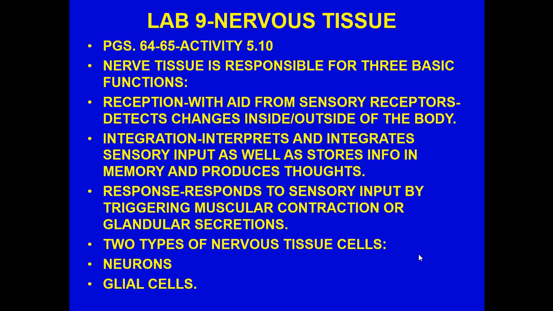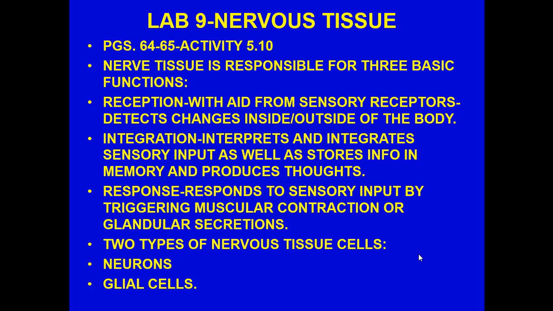At the brain, you're going to have integration. Now, I need to clarify one other thing. Some of this integration may not occur at the brain, but at the spinal cord. That's why we include both the spinal cord and the brain together, as we call it the central nervous system part. The integration is going to interpret and integrate sensory input, as well as store information in memory and produce thoughts. But the integration is also going to send out the response if one is needed, particularly when we see reflexes. The response, you're going to respond to that sensory input by either triggering muscle contractions or